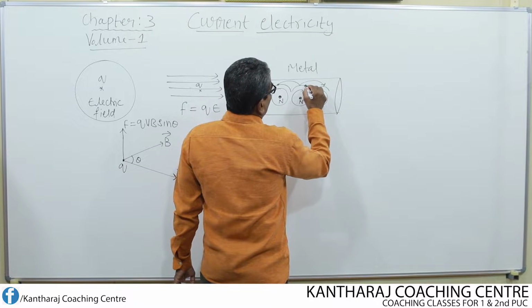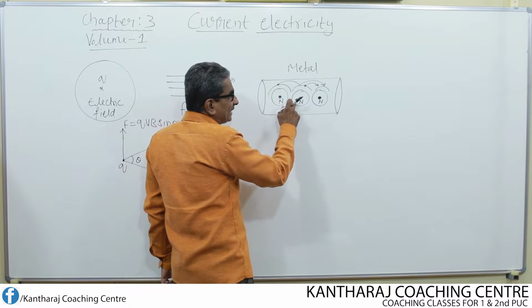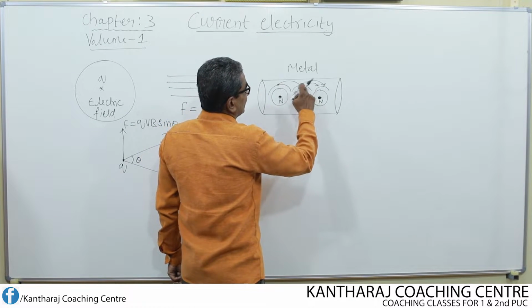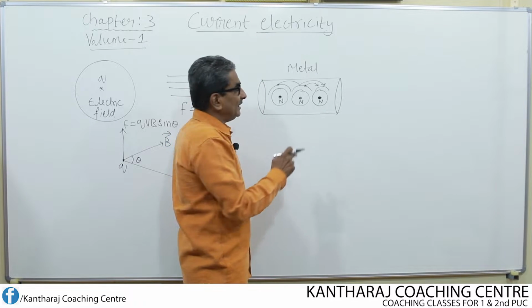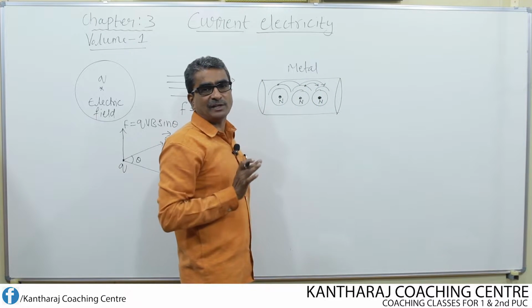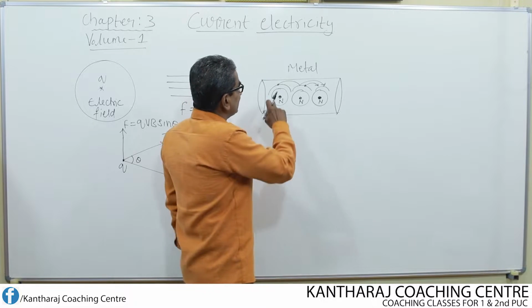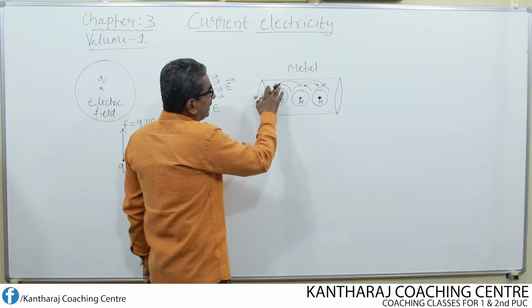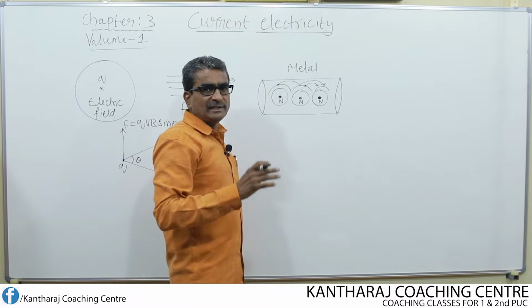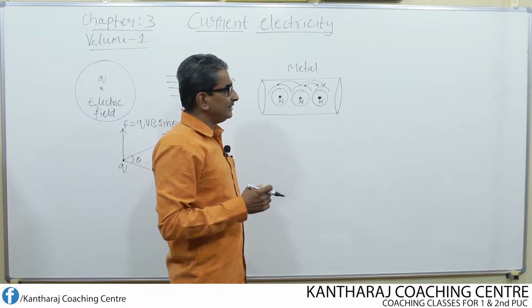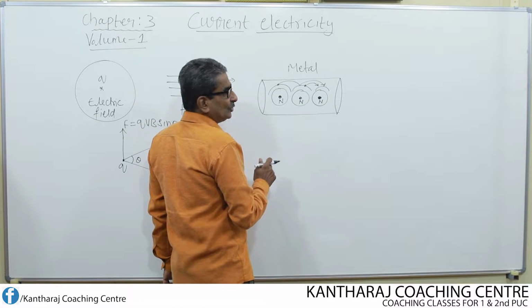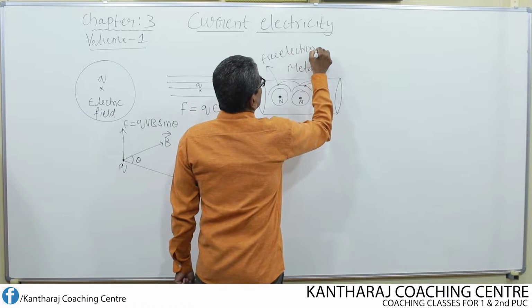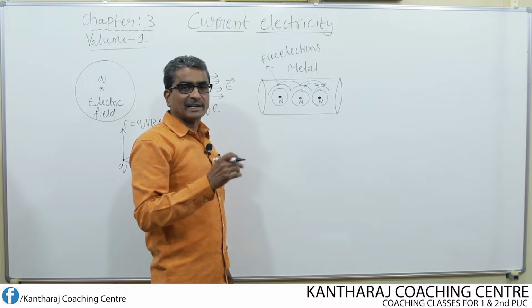That means each electron of each atom keeps moving from atom to atom, and these electrons are known as free electrons. The valence electron itself is known as a free electron. So like this, plenty of free electrons are available. Suppose we make these electrons move in one particular direction, then the motion of these free electrons gives rise to a current.